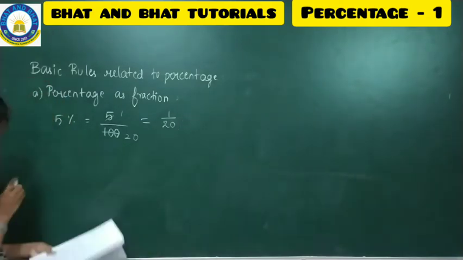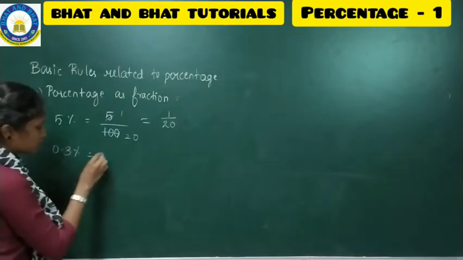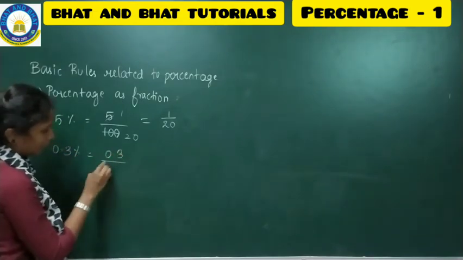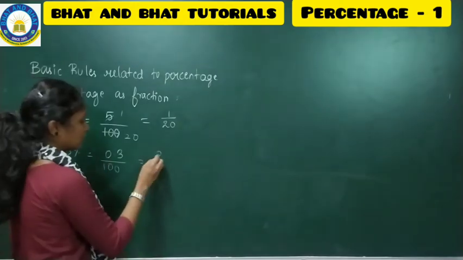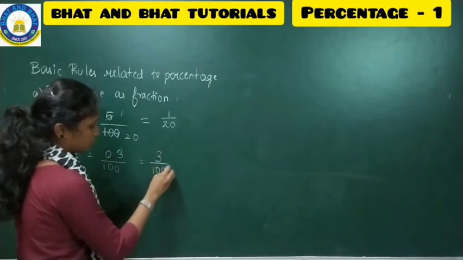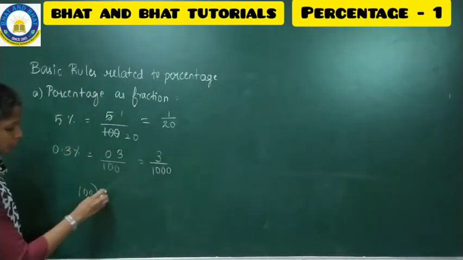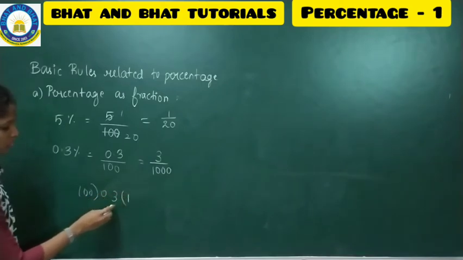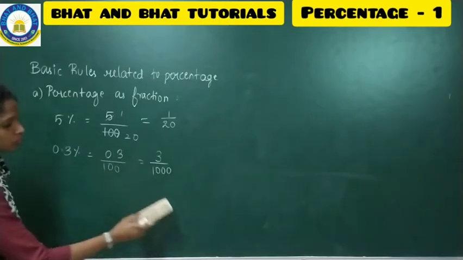I'll go with the second one now. Have a look into that. Whatever we have discussed, 0.3%, 0.3 by 100. When I express this in the fractional format, 3 by 1000. So if you want, you can just do it, 0.3. So ones are 100, ones are 100. So by removing the points, you can just do it.